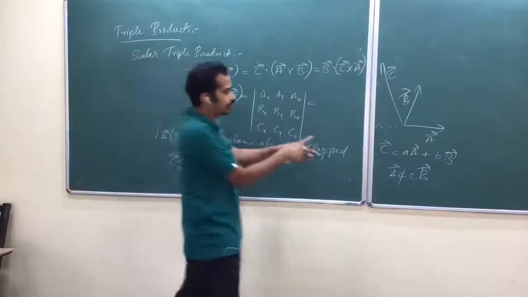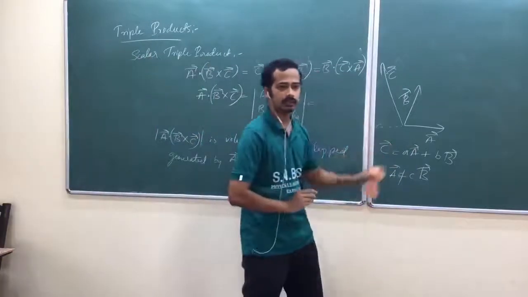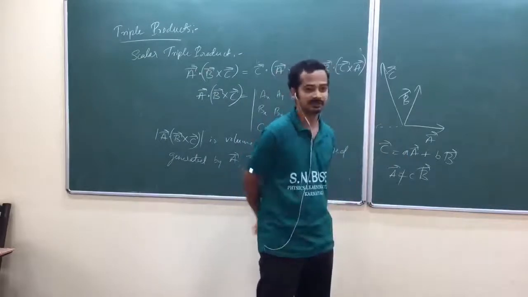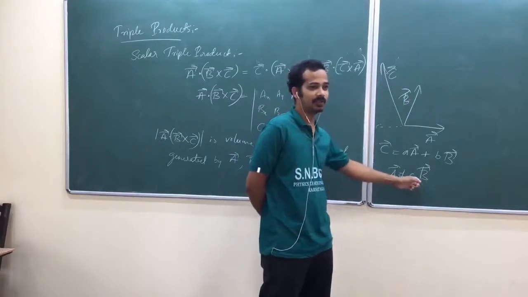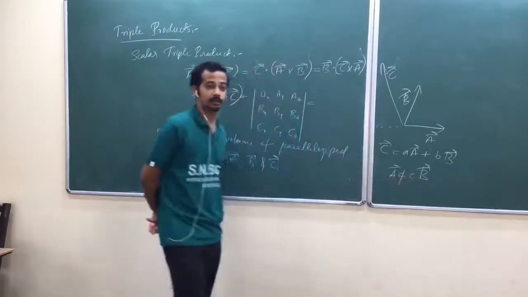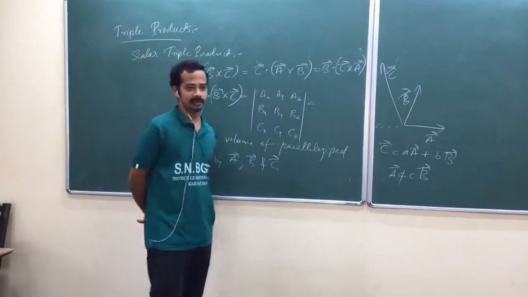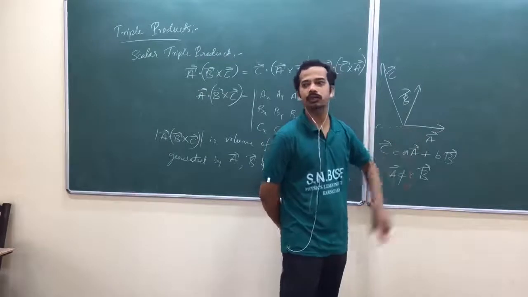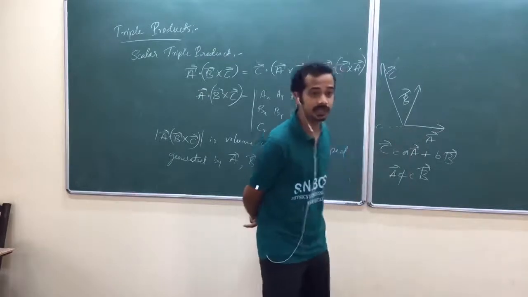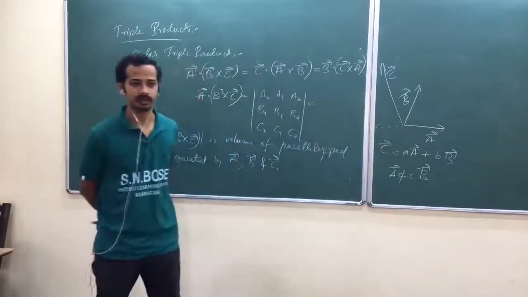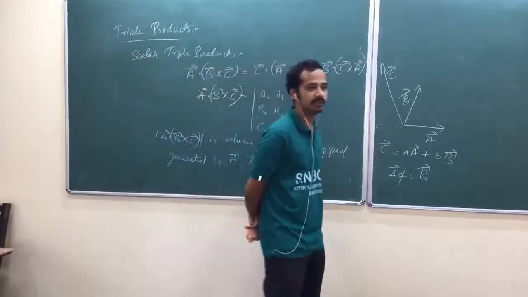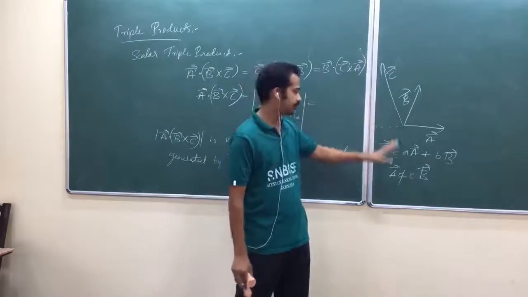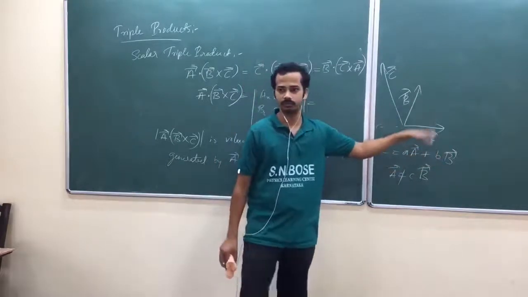If you have any two vectors in a plane with some angle other than 0 or other than 180, they are linearly independent, isn't it? 180 means you can put minus 1, be careful. So in two dimensions, you can have at most two linearly independent vectors. That's how we define dimension. What is the dimension? The maximum number of linearly independent vectors that we can construct. That's why any third vector can be written as a linear combination of these two.